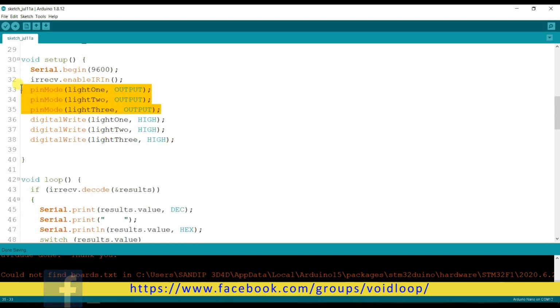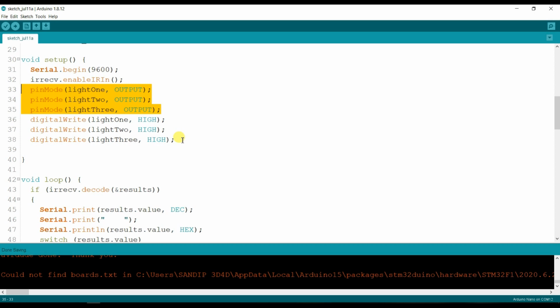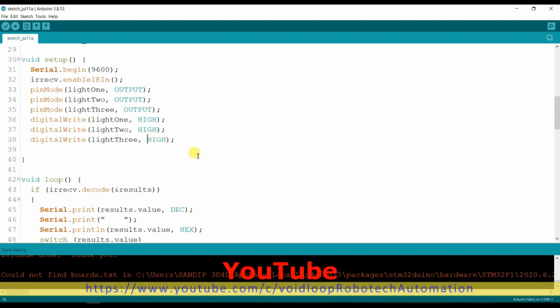Here all pins are initialized as output and I have set every pin high by default, because our relay module is active low. If it is low, then the relay will be active. So by default it is in inactive mode.